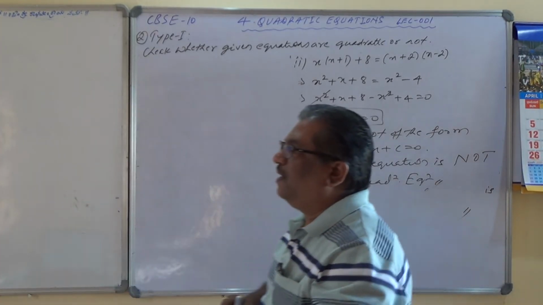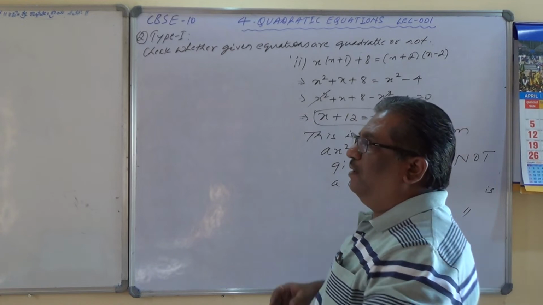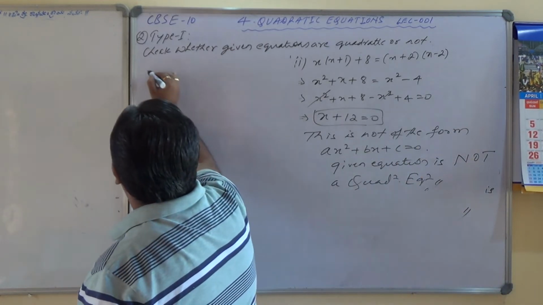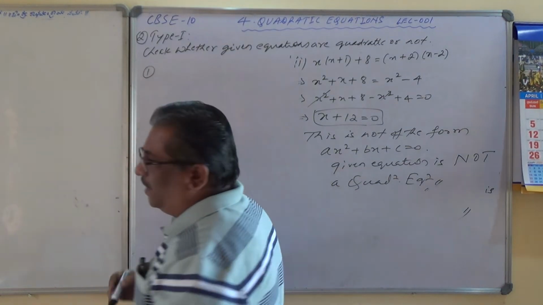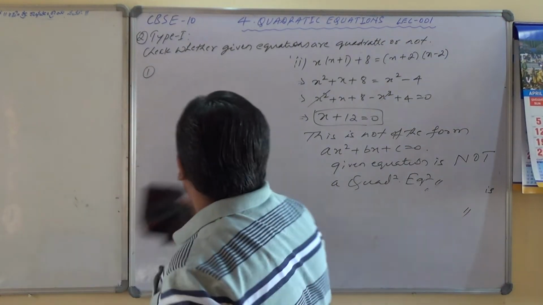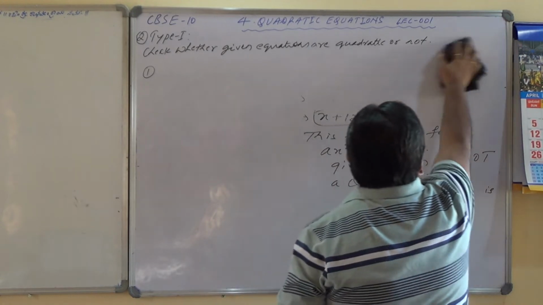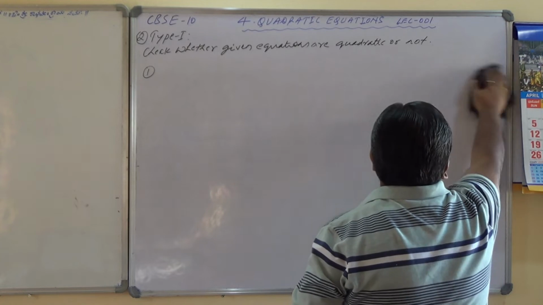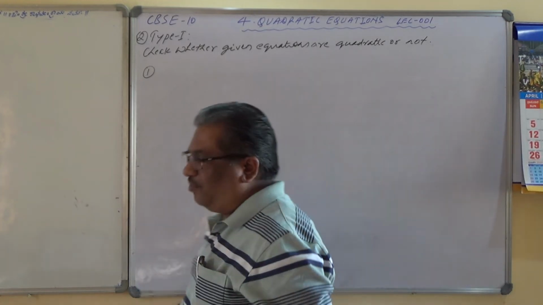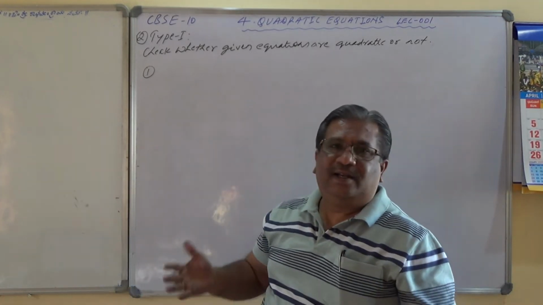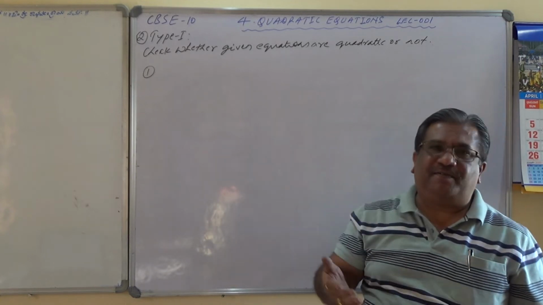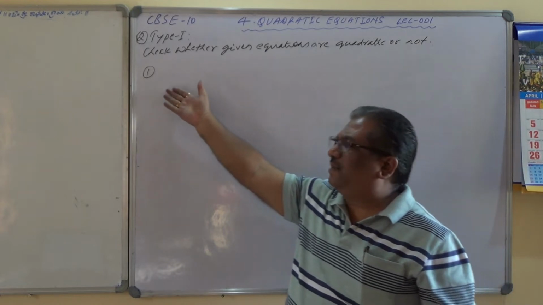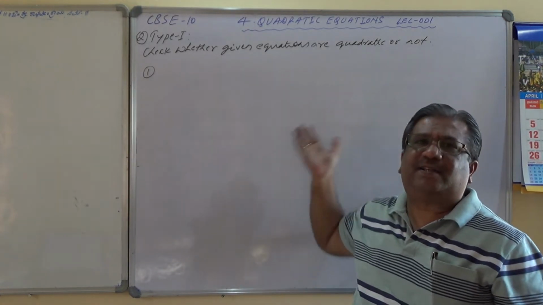Here I have a typical example, type 1, R.D. Sharma, example number 1, and in that the fifth one. Please do not bother about serial numbers. I will be solving R.S. Agarwal and R.D. Sharma, and it is very difficult to write the traceability, so I may write some R.D. Sharma. When I say 1, 2, 3, 4, 5, 6, I will take now.